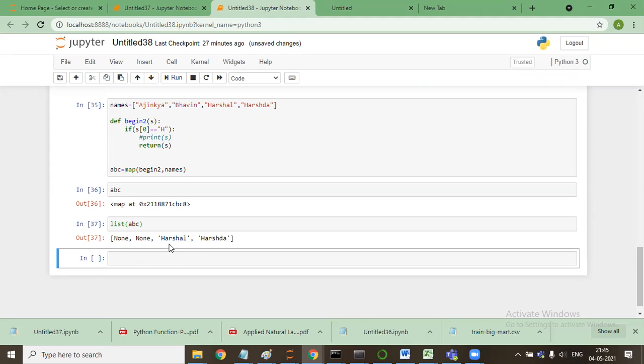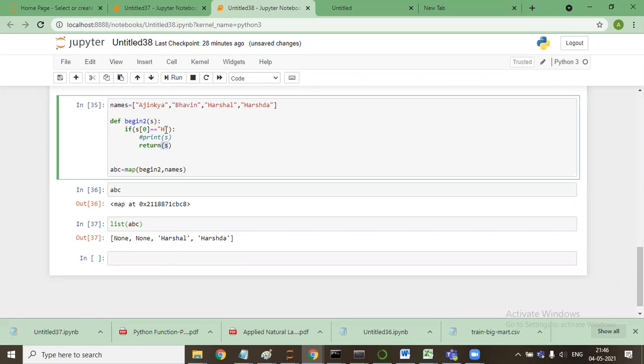There are two reasons to it. One of the reasons will be automatically explained when I explain the filter function. The thing is, whenever anything is being applied to each and every element of a list, then only we use map. So here, if I say return s, this means if it is not starting with h, then it will return none.